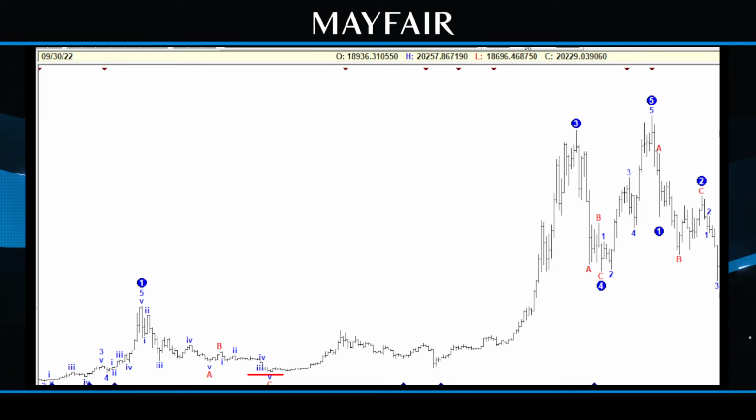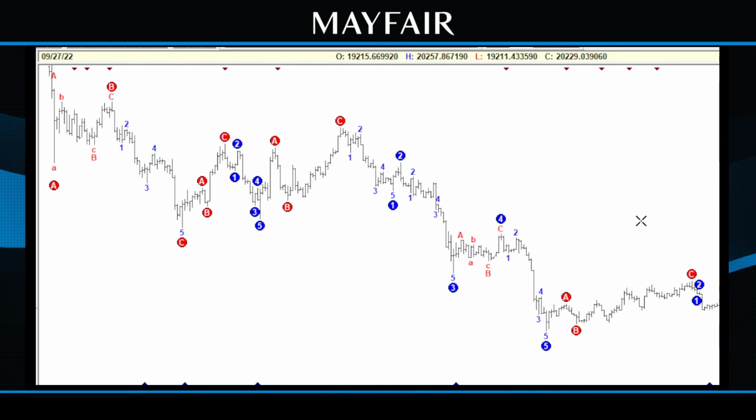So let's go back to the daily. And we've got to look now at nothing prior to this line. We're only interested, I've put that in the wrong place, just this one here. So in essence, what we're looking at now is an A, a B, a C, which gives us technically the first three. Now, could we argue that there's one, two, three, four? No, not really. There's more than five in there, so you couldn't go five.